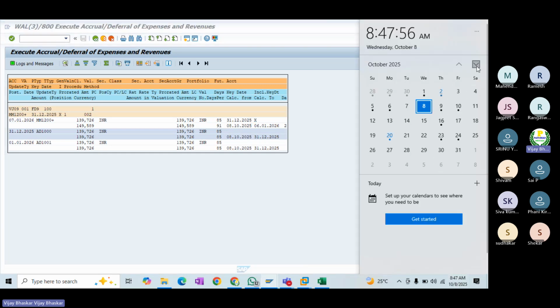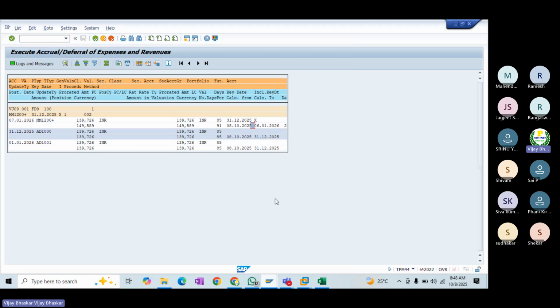Even I'm not sure, it might be 7th or 3rd January 2026. Okay, 6/1 only, it calculated 91 days. We need to check whether there is any holiday on that particular day. Based on the calendar, it will derive that.